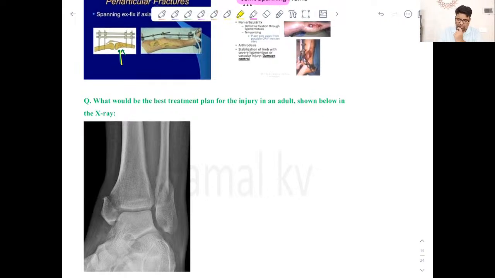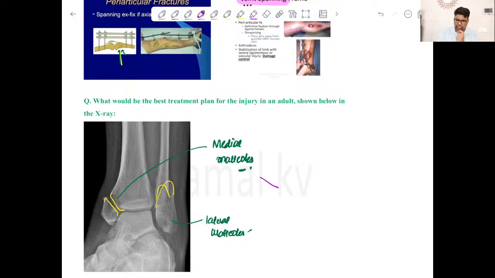Now, moving forward to the next question, there is an injury which is shown in the X-ray, and it was asked what you will do. So firstly you have to locate the fractures, okay, and then the second fracture you can see somewhere here like this, okay. So this is which type of injury? This is the lateral malleolus, and this is the medial malleolus, right? So if both the malleoli are fractured, we call it bimalleolar fracture, also known as Pott's fracture, right? So bimalleolar because there is fracture of both the medial malleolus as well as the lateral malleolus,